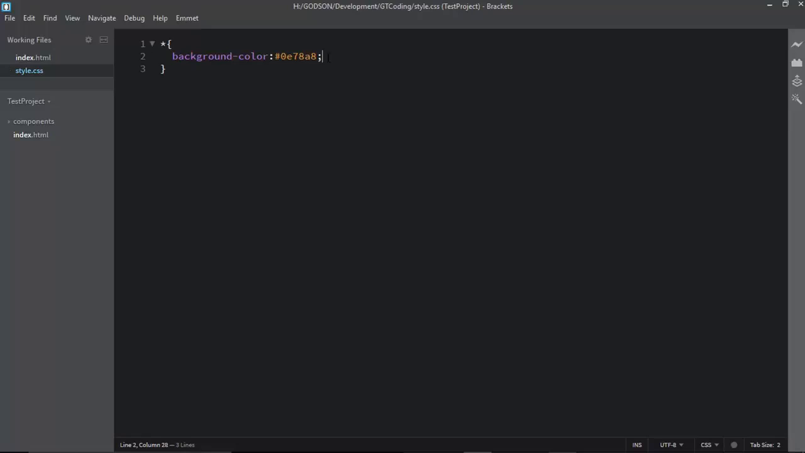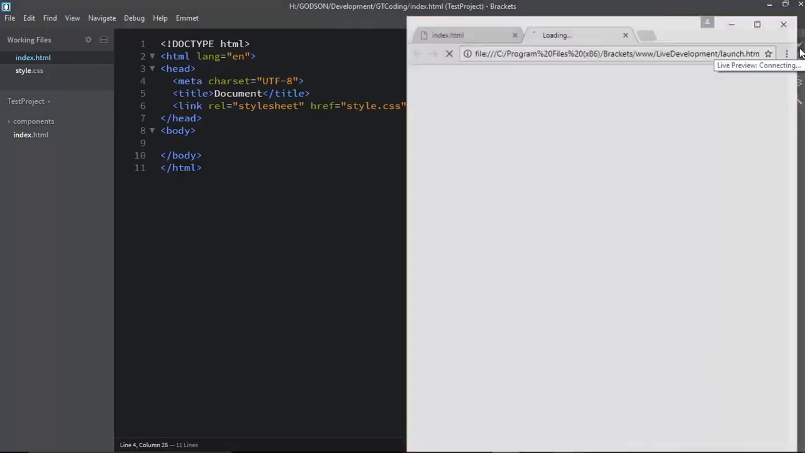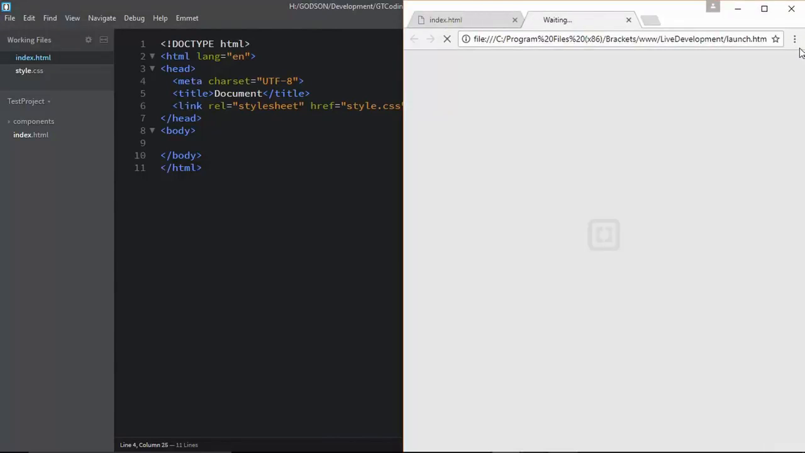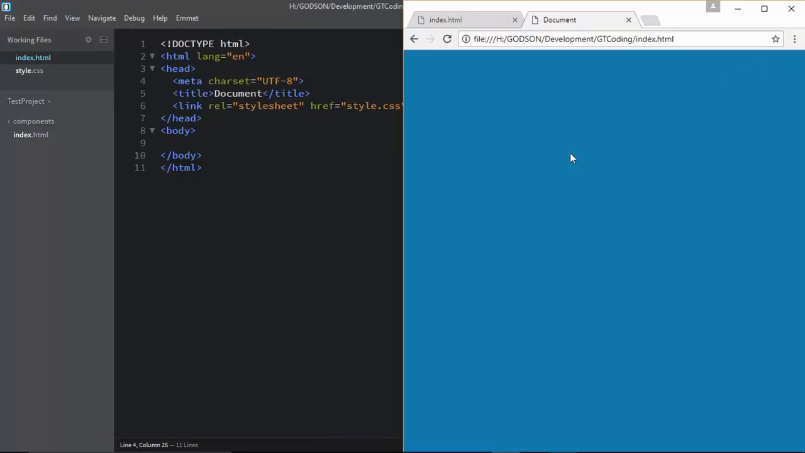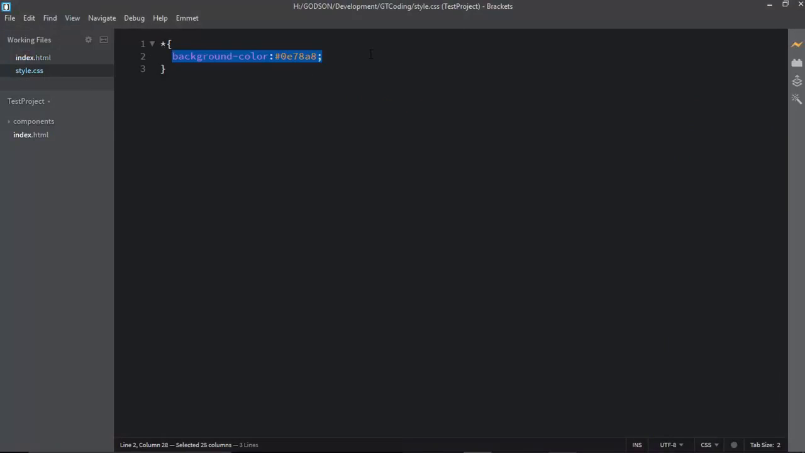So let me just check it in the browser. We will go to our HTML and click on live preview. So we have this color right over here. So this is a pretty useful brackets extension. Now let's move on to the next extension,